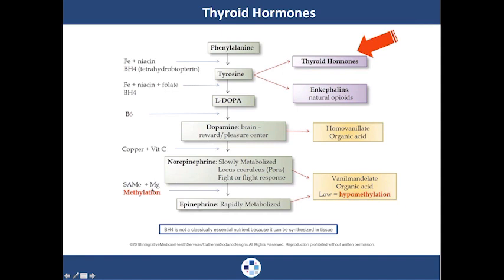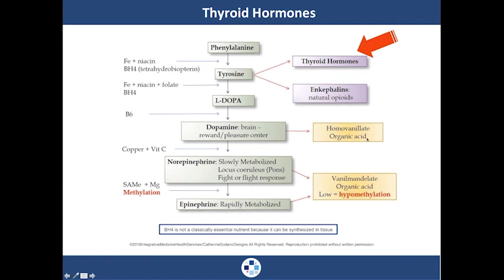The point I want to drive home here: if someone is under chronic stress, they are chronically producing norepinephrine, which is slowly metabolized by the body. In other words, it takes a lot of time to get out of the body. Norepinephrine signals an area in the brain that I'll show you on the next slide that is going to wreak havoc in the body if this is not metabolized out. And I'll show you how to do that.